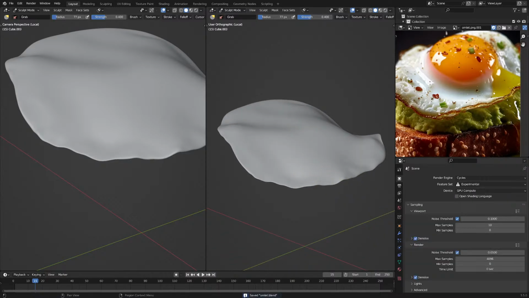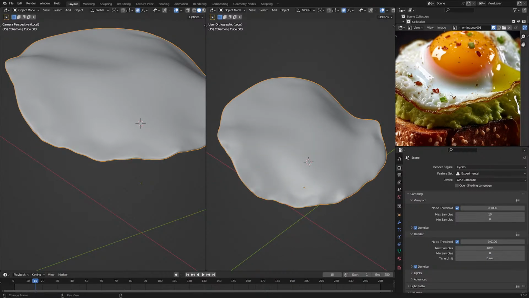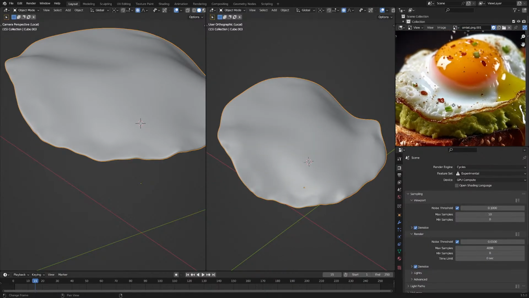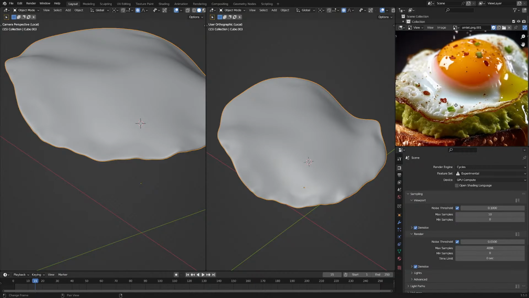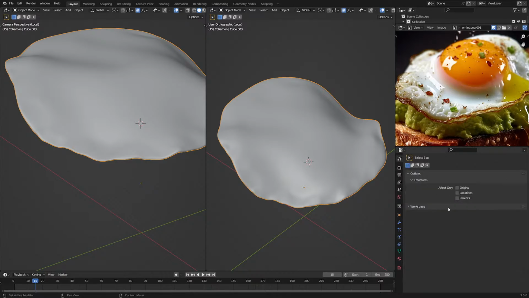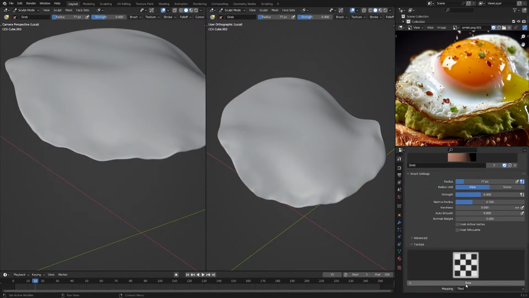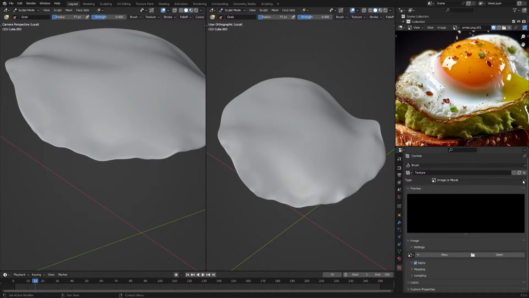So what if we go to the sculpt mode now and bring one texture? This texture could be